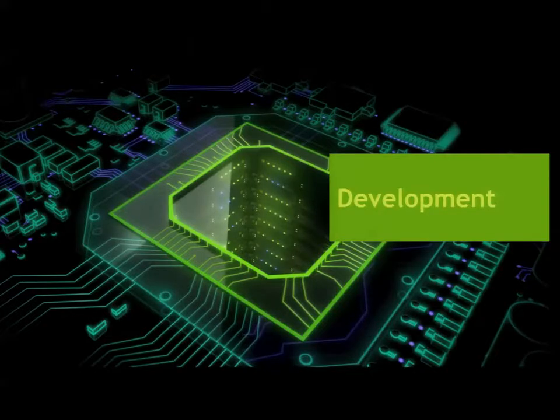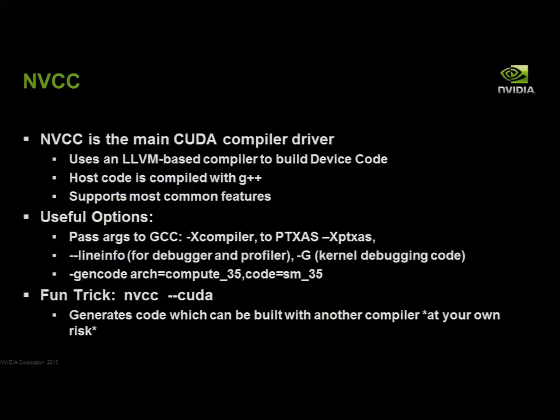So the first set of tools are the development tools. If you've already gotten to know NVCC, there's actually a few more options that we haven't covered yet. So NVCC is just our compiler wrapper that, to some degree, first off, splits the host and the device code. The host code is being handed off to your native host compiler, usually GCC on Linux boxes or CL on Windows boxes. And then it has the device compiler, so everything that eventually runs on the GPU will be compiled